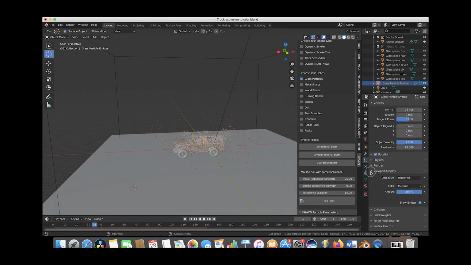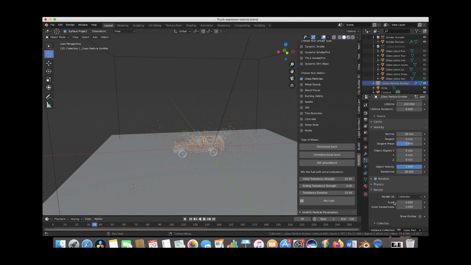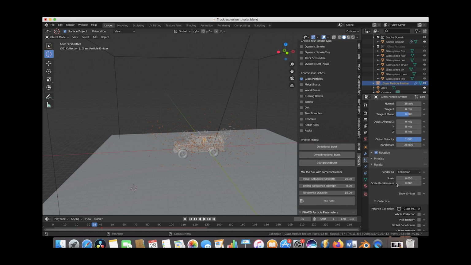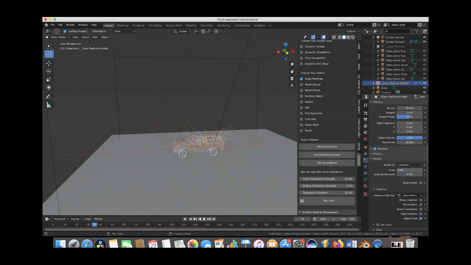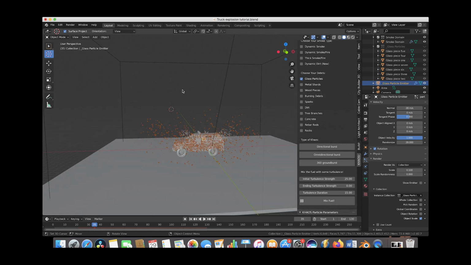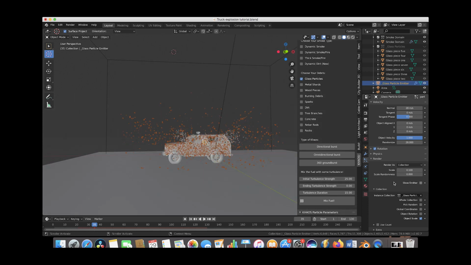We might go to render and increase the size of our glass particles a little bit since they're kind of small. So we might increase the scale to something like, we'll try 1, and that's looking cool. Got a little bit more chunks in there, and then we'll increase the scale randomness as well. Maybe we'll try something like 0.6, and then we'll try it again, see what it's doing right now. That's looking pretty cool, but now they're slowing down a little bit,